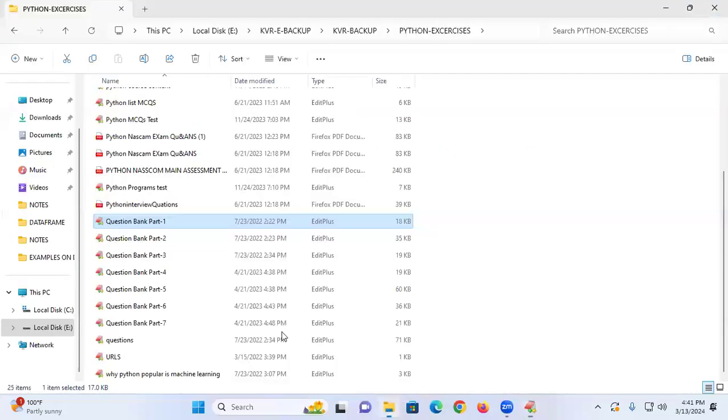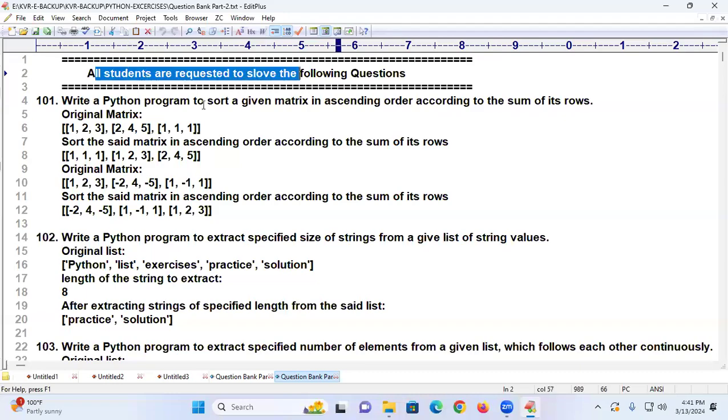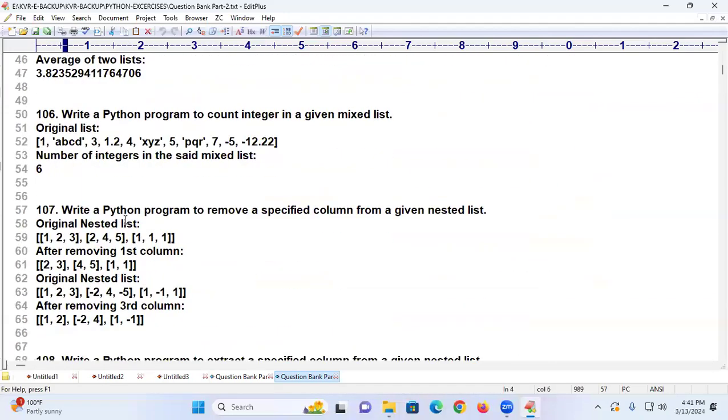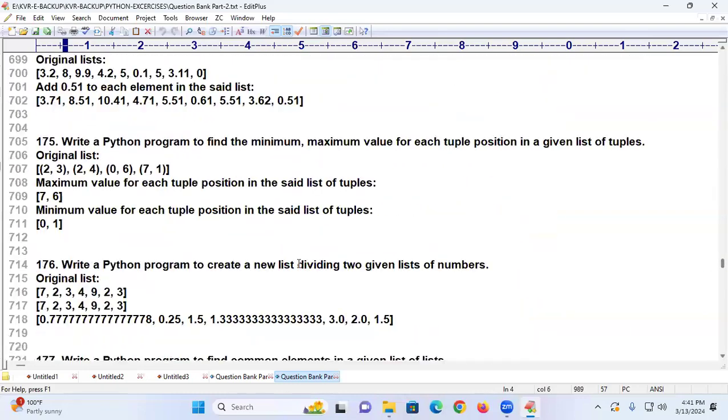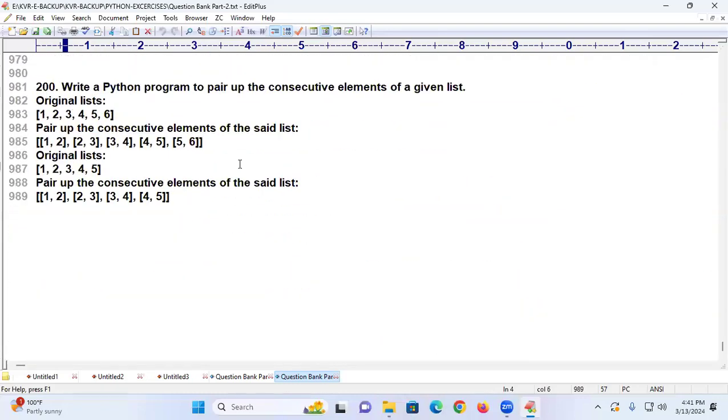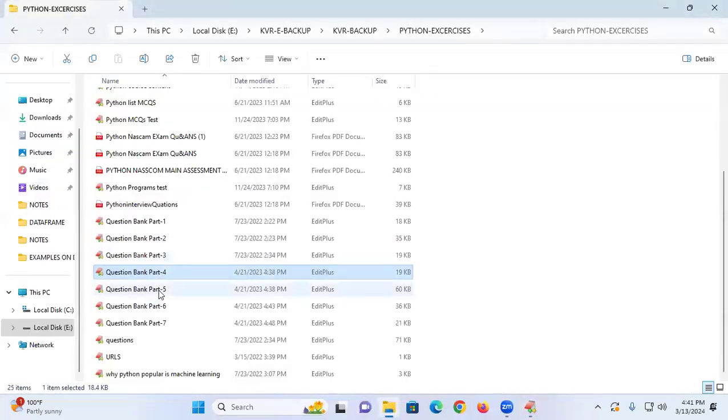Next, one more I will show you. Question bank number 2, then question banks 3, 4, 5, 6, 7. All the students must solve 101 onwards, almost 200. I'm having 3, 4, 5, 6, 7. These are all called what? 700 questions. If you are able to solve this many questions,